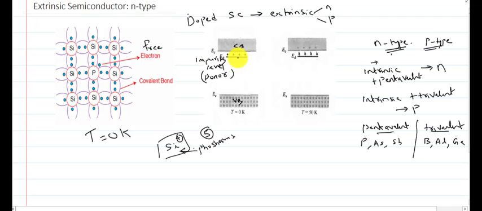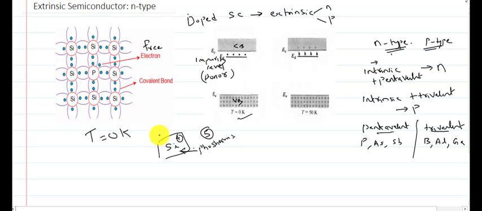And this indicates the amount of impurity. Here we are adding phosphorus, so the amount of phosphorus atoms added is represented by this impurity level. Here 4 phosphorus atoms are showing the free electrons. And one more thing, in this n-type semiconductor the impurity level ED, the donor level, will be closer to the conduction band. Since free electrons are present in the impurity level, this energy level is closer to the conduction band. This is the case at T equal to 0 Kelvin.